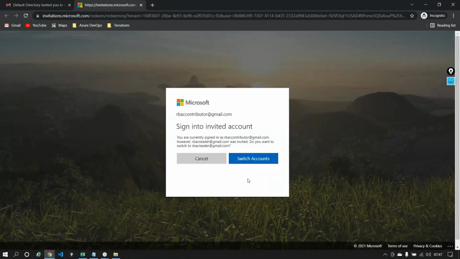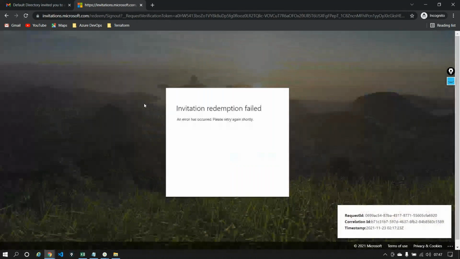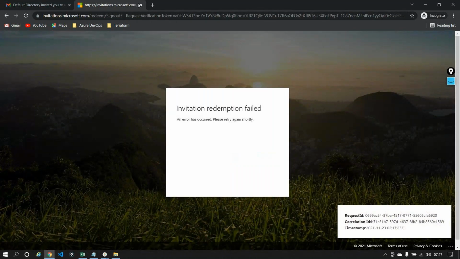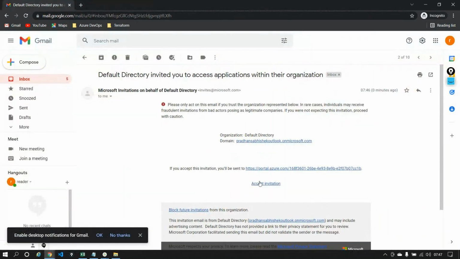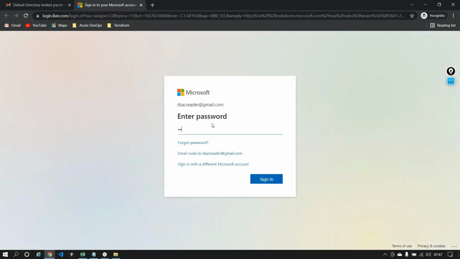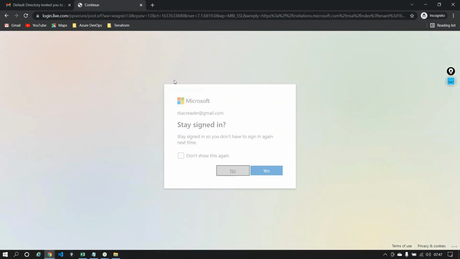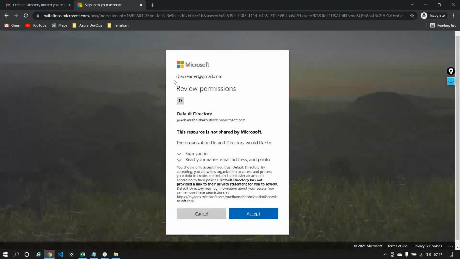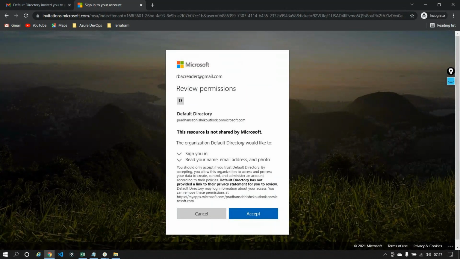And it says, yes, switch account. Okay, let's accept this invitation once again. Now I'll give the password. I'll say no. Now it's again asking the same thing, review the permissions. I'll say accept.